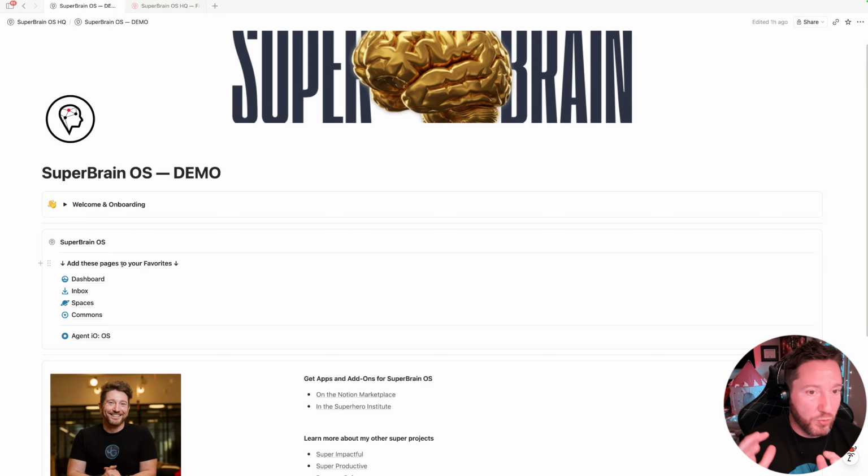So spaces are sort of their own. They're the most siloed of anything in the SuperBrain, but everything in the SuperBrain is connected, which I'll show you later. The dashboard is sort of the idea of I want to find where all of the things that are important to me are at a glance. I want quick access to the things that are most important. So a dashboard's a very personalized experience. Everybody needs their own kind of homepage, and that's what the dashboard is.